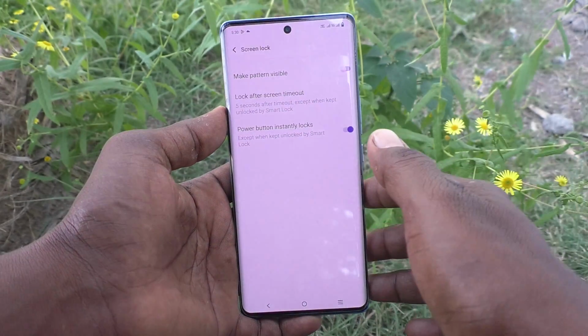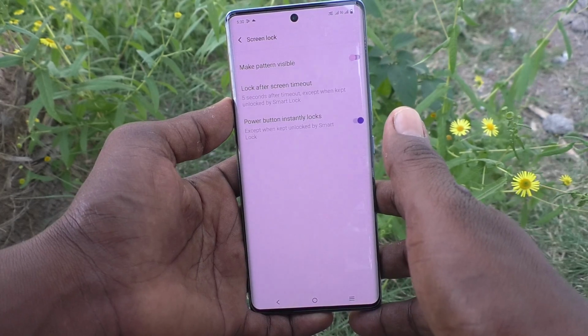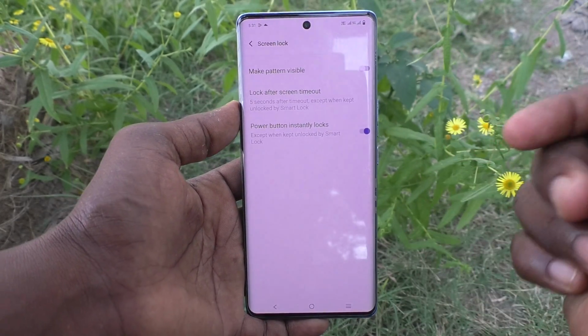So in this way you can easily enable or disable power button instantly locks your phone screen, your phone Vivo